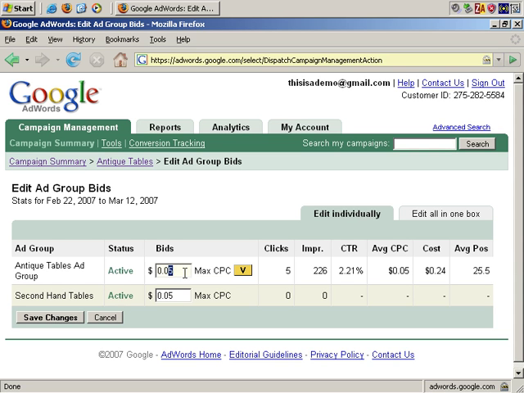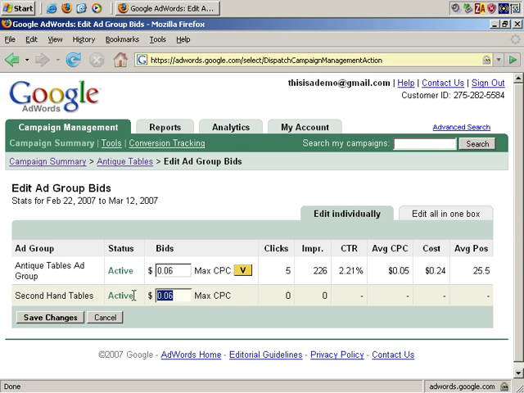If I change this to 6 cents, I can change this to something else. I can price each one individually. Or if I want to make them all the same cost per click, say I want them to be 6 cents, I change this. And if I click on this button, all the ad groups listed below will be changed accordingly,